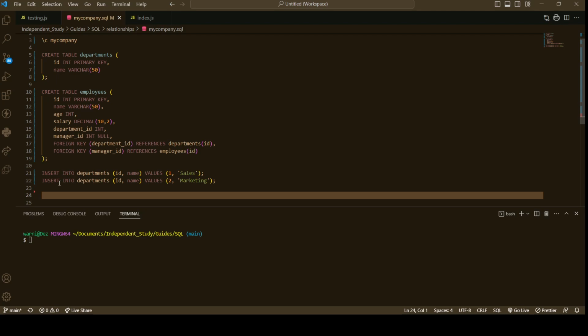Next, let's create some employees. So, we're going to use the insert into command again, but this time we're inserting into the employees table. And we're going to insert an ID, a name, an age, their salary, department ID, and manager ID. And the values that we are putting in,